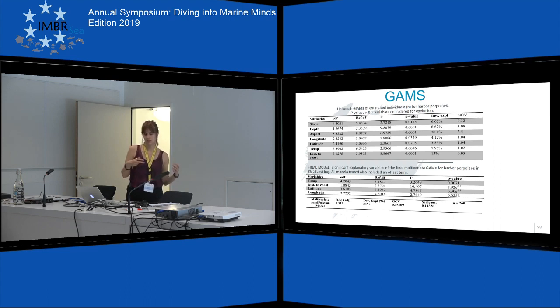In the univariate GAMs, we basically check the importance of each of these environmental variables, how much these were explaining the distribution of the harbor porpoises individually. And the p-values bigger than 0.1 were considered for exclusion, but none of them were. So we put them all in the final model, in the